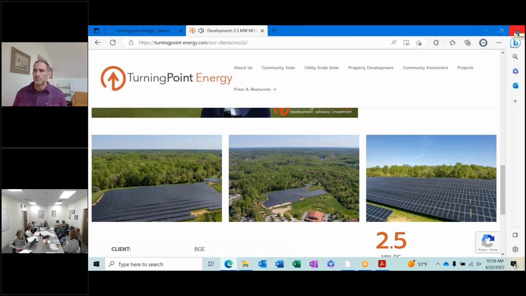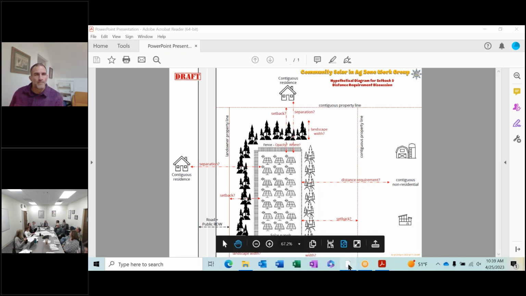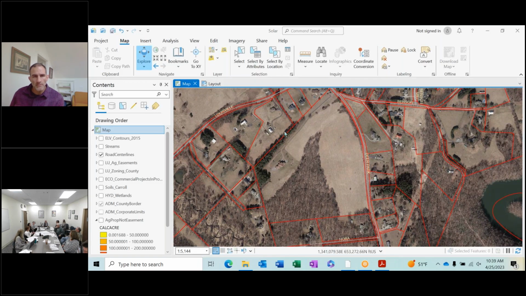But if you have that larger setback, there's going to be separation. I know in Carroll County, if you go at 3,000 foot separation distance, there's absolutely nowhere in the county you can get 3,000 foot separation from any residence. Would you think we could? No, you couldn't get it in Carroll County. Then what would be the largest setback? Right now, the current largest setback we have is 1,000 foot.